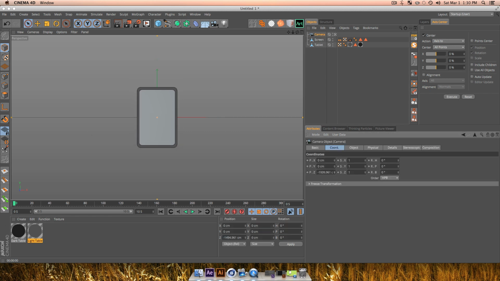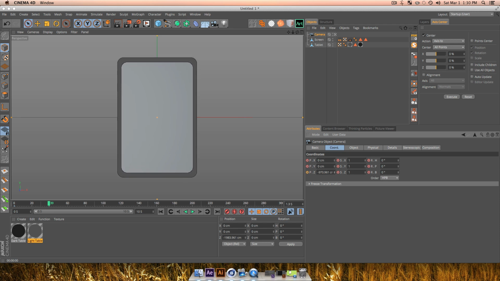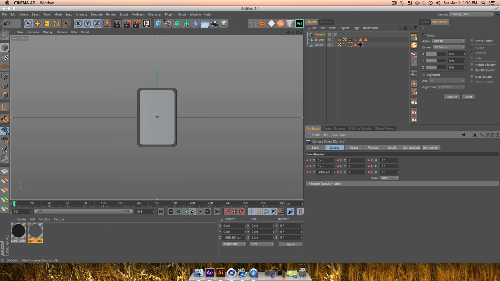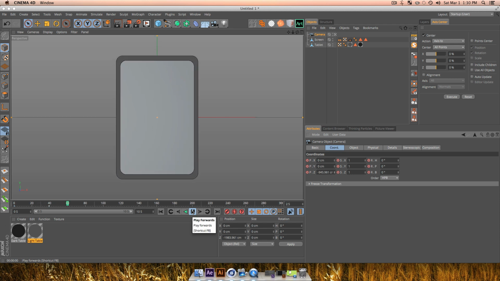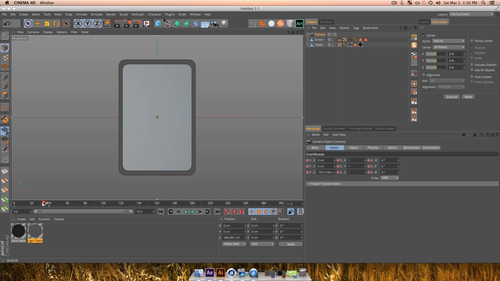I'm going to zoom back a little bit and set a keyframe, and then go forward to somewhere around a second or so, and zoom in on my Z space. So we're actually zooming into the tablet. That looks good. I'll set another keyframe. If I go back in time, it's going to go forward exactly like we keyframed. So that is perfect. So I'm just going to zoom back a little bit in time to about where my